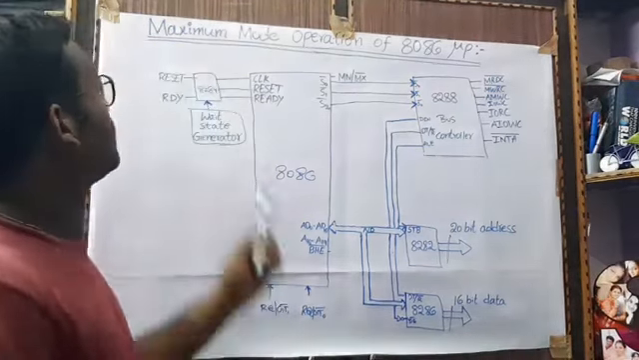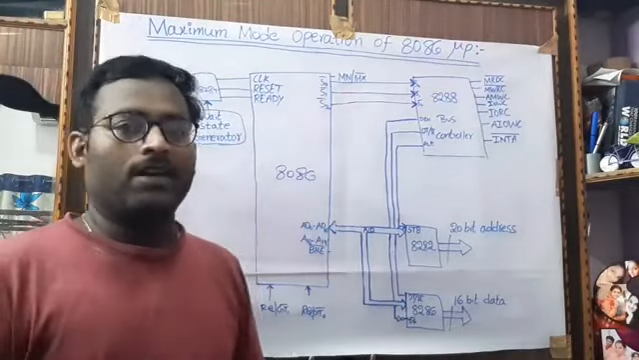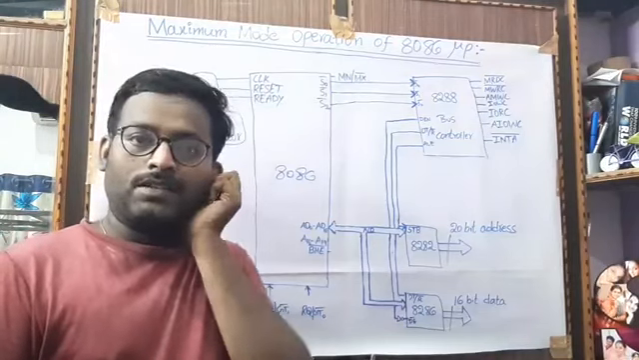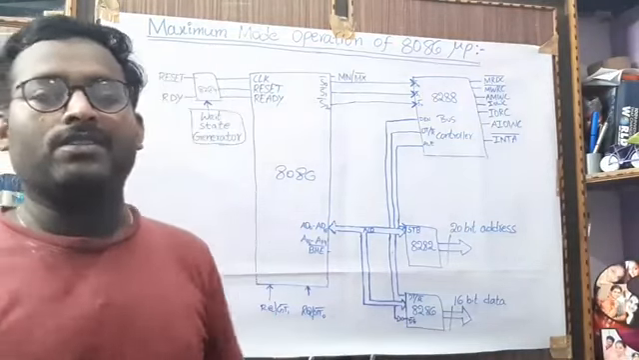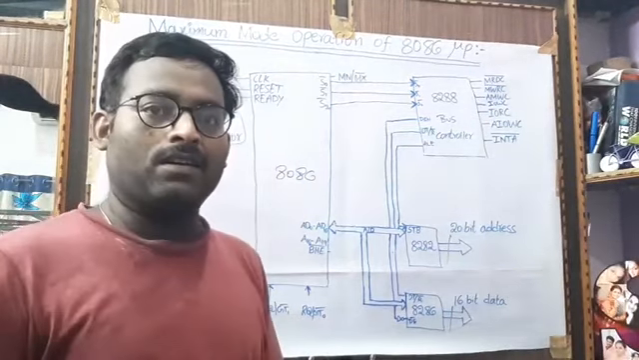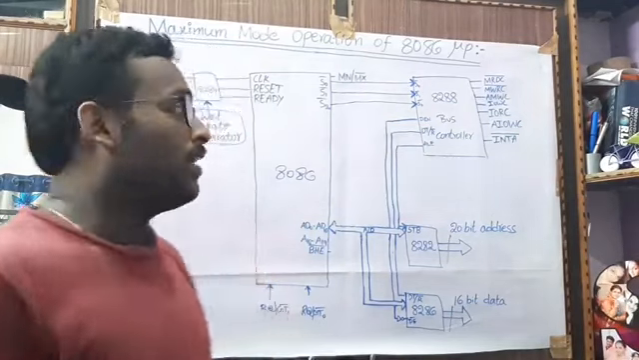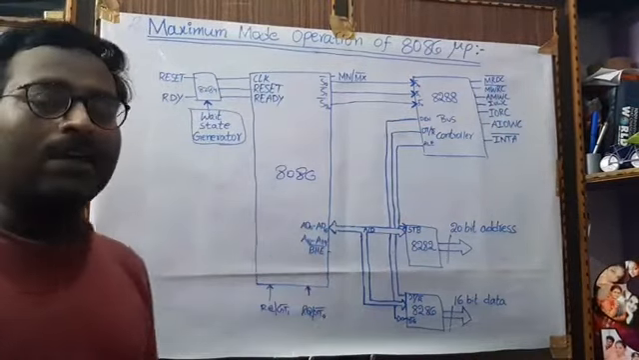So today's topic is maximum mode operation of the 8086 microprocessor. In the previous topic we saw the minimum mode operation of 8086. In minimum mode, the 8086 processor acts as a master, which means it will generate its own control signals. But in maximum mode operation it will act as a